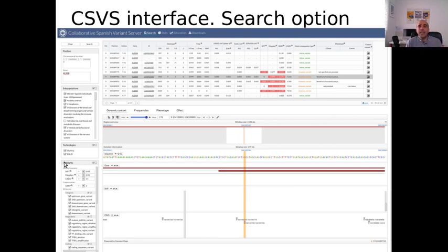For example, we can select variants for a given gene or chromosomal region and remove a specific ICD chapter category of interest. In this way, aggregated counts of allele frequencies of the pseudo-control Spanish population can be obtained for diseases belonging to the category removed. The results of the query include a list of positions for which variation has been found in the Spanish pseudo-population, along with complementary data such as chromosome, position, reference allele and alternative allele, allelic frequencies in the Spanish population, allelic frequencies in the 1000 Genomes population and in the ExAC and ESP populations, impact and conservation indexes, SIFT, PolyPhen, CADD, etc.,